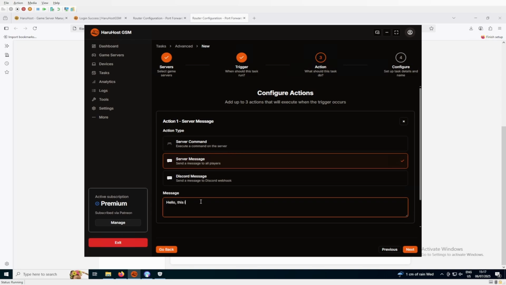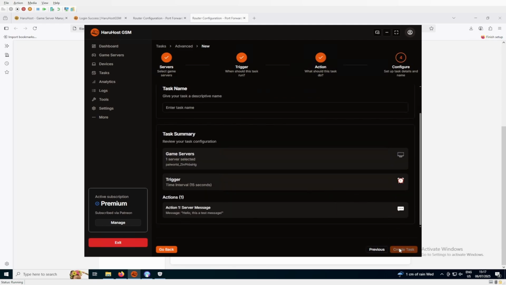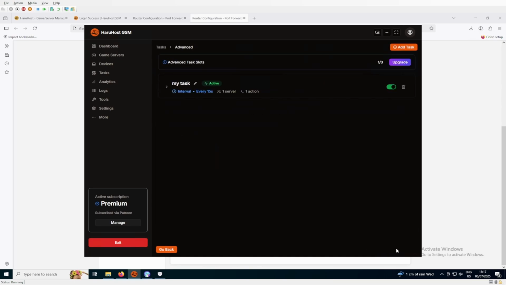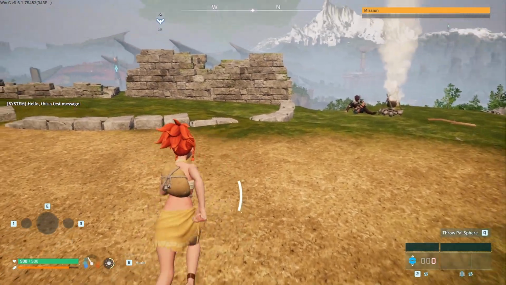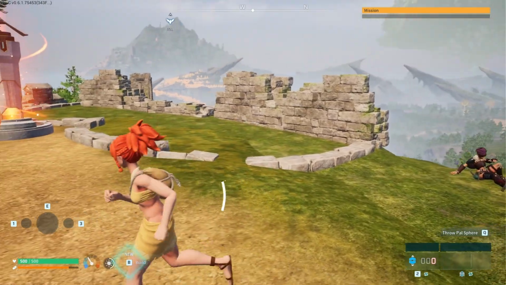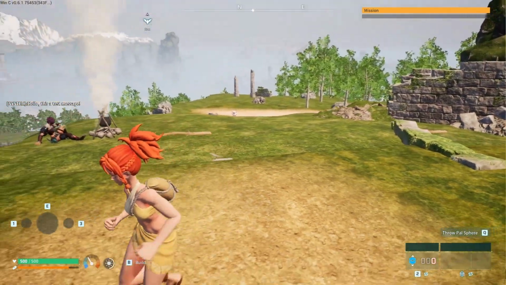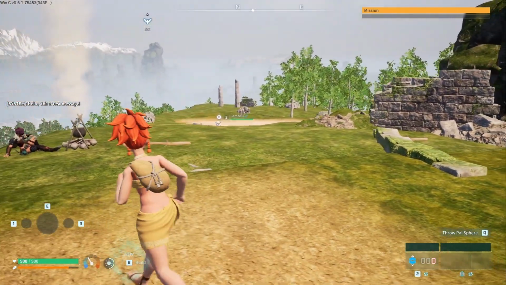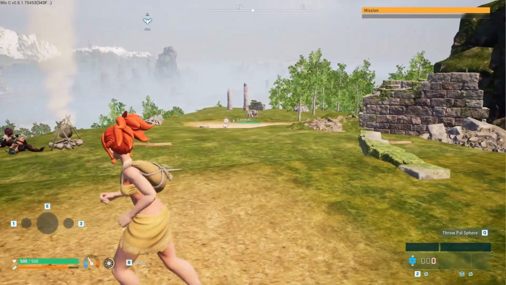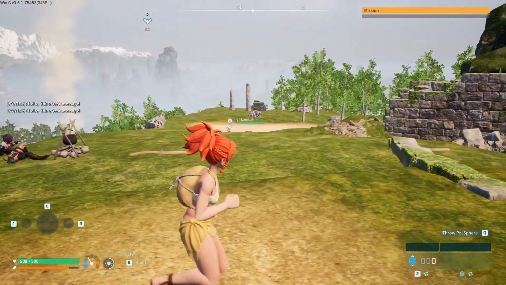Hello, this is a test message. Then I press next. Then I name my task. Great. Now it's active. You can also disable it here. So if I now go back to the server, you can see that the message appeared. So now it will show up every 15 seconds. This is really useful if you want to share your Discord server